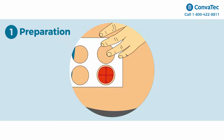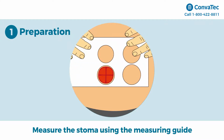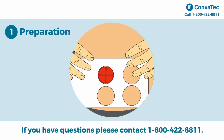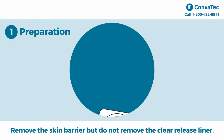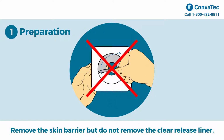Step 1. Preparation. Measure the stoma using the enclosed stoma measuring guide and select the proper size ConvaTec Moldable Technology Natura skin barrier. If you have questions about selecting the proper size, please contact our Me Plus team at 1-800-422-8811. Remove the skin barrier from the package, but do not remove the clear release liner on the circular adhesive